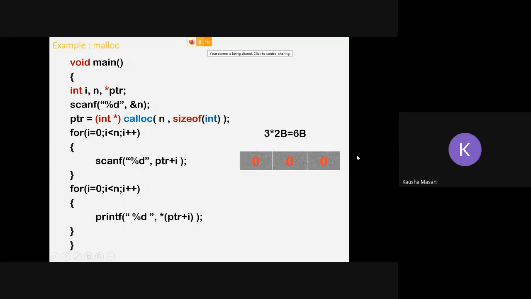So this is what has happened in your memory: 3 multiple blocks, each initialized to value 0. That is the difference. Malloc is going to assign one full memory block, calloc is going to assign multiple memory blocks. In malloc, the memory block is not assigned 0, whereas in calloc, each of the assigned multiple blocks is assigned value 0 initially.